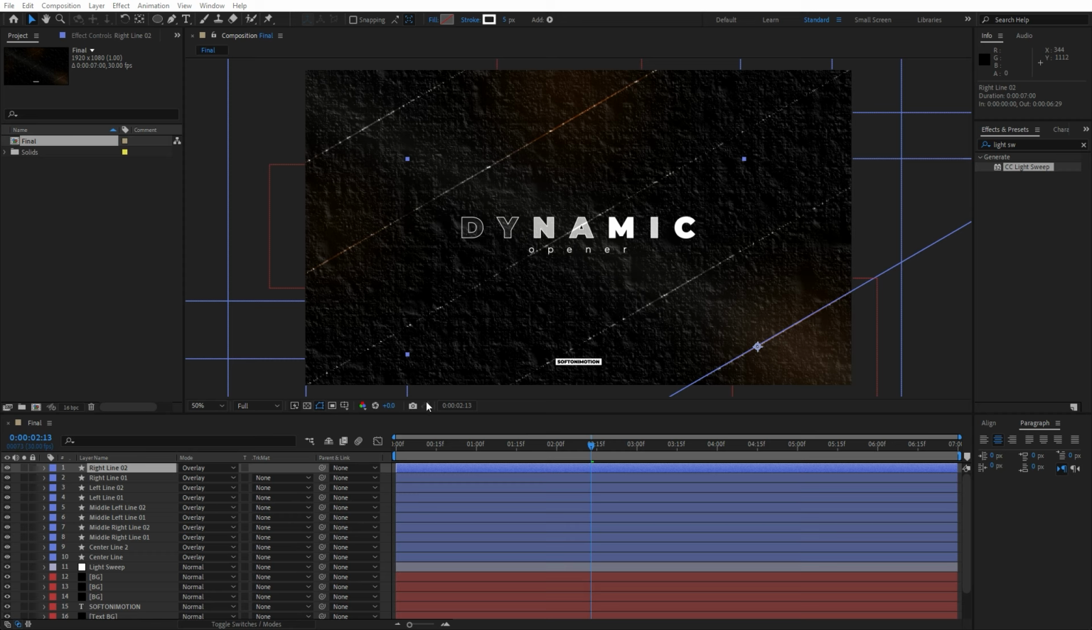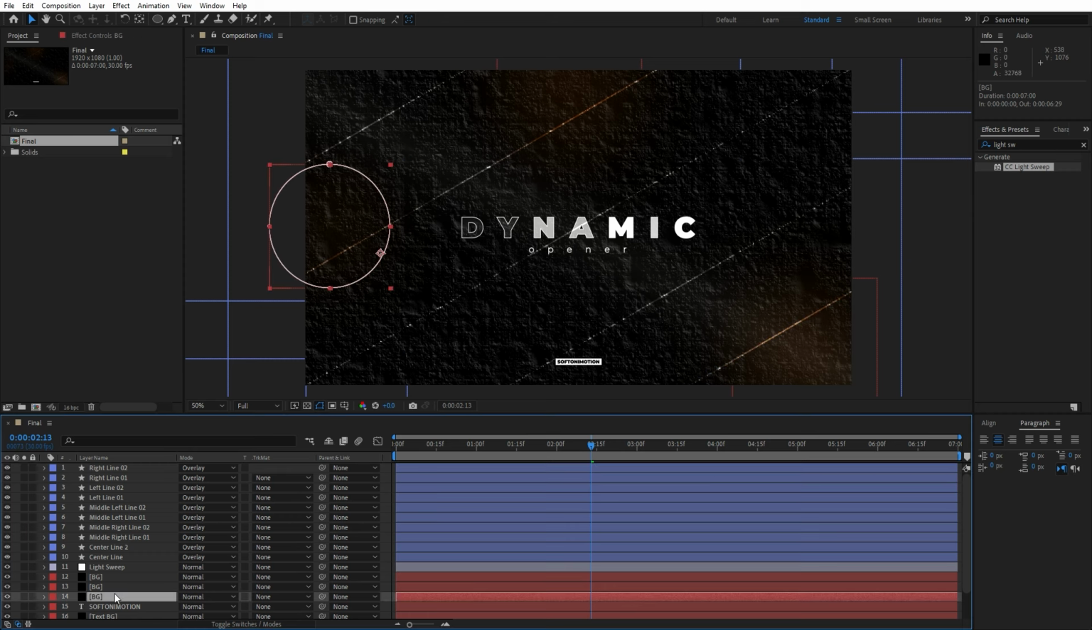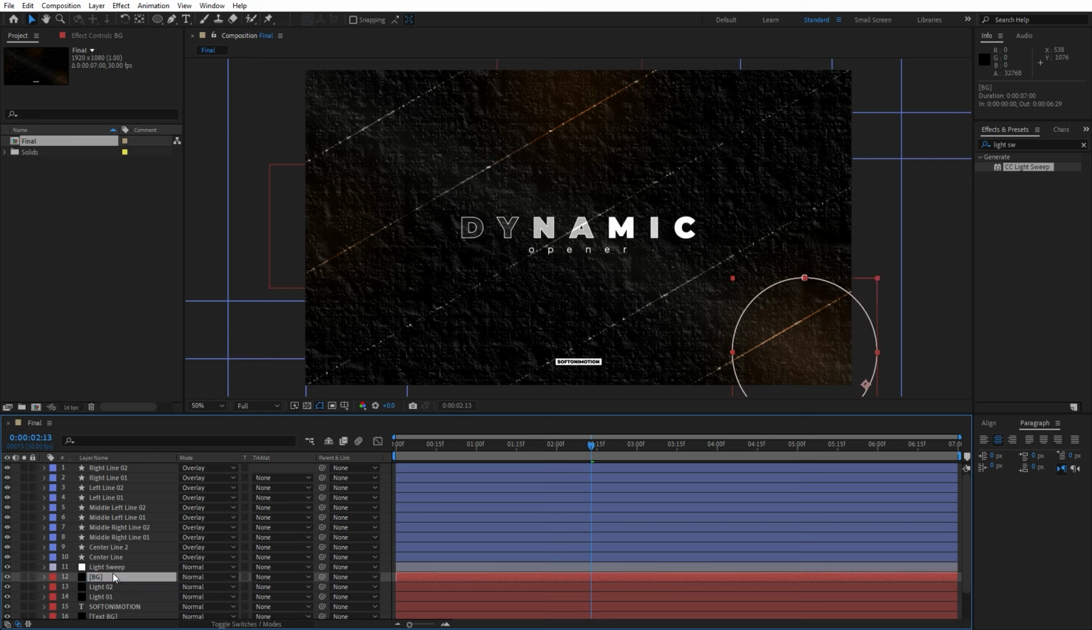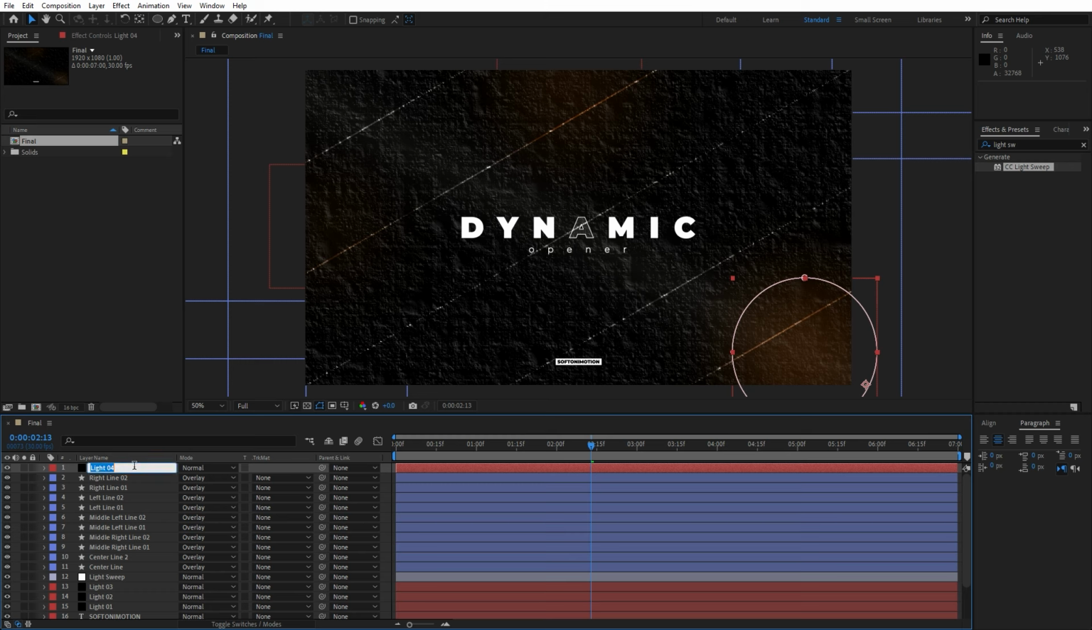Now let's go and create even more decorations here inside the final composition, but before that I will also rename these background circles. This is gonna be light 1, and this is gonna be light 2, and third one of course light 3. And now let's also duplicate this third one. Hit Ctrl+D and move this one all the way up above this right line too, and this is gonna be